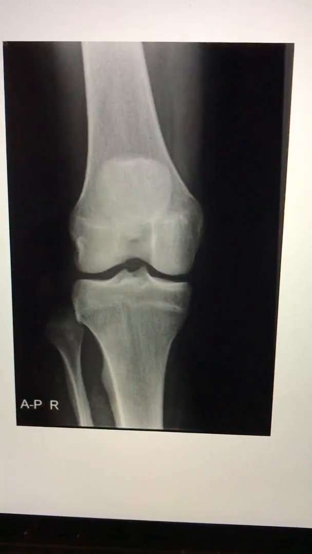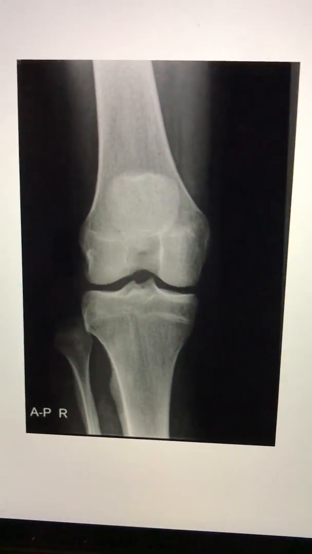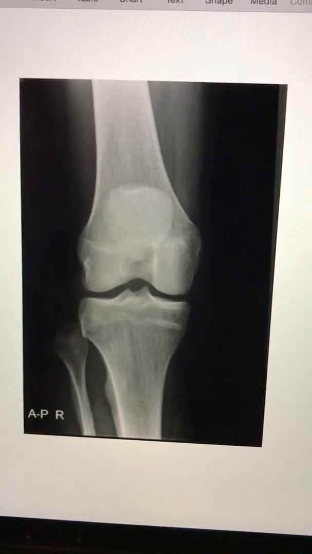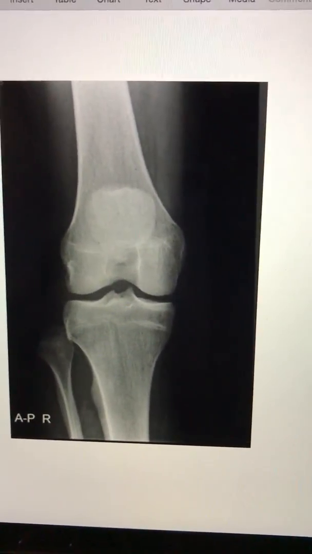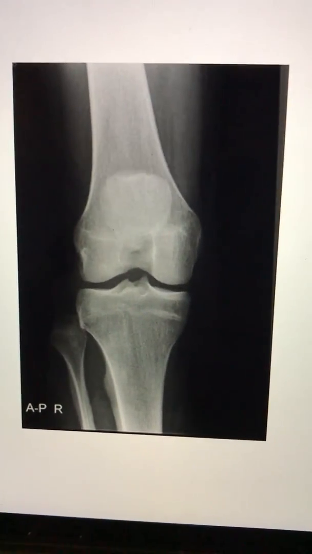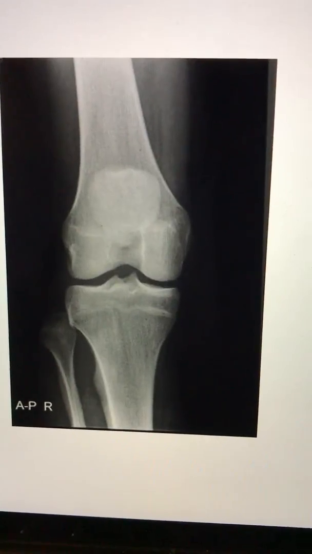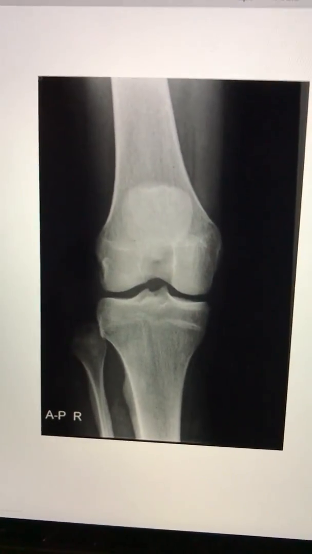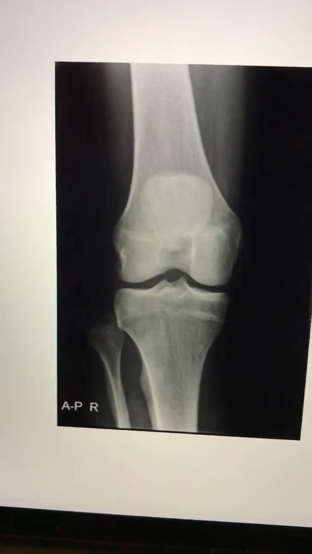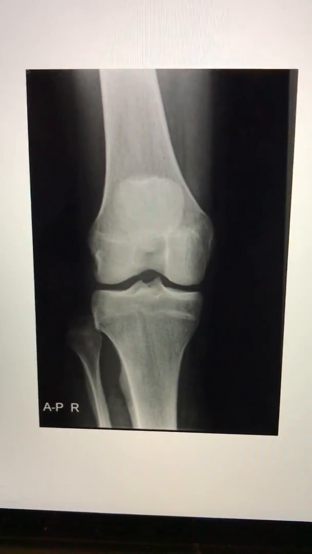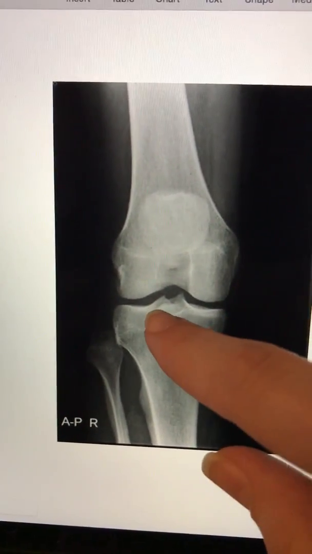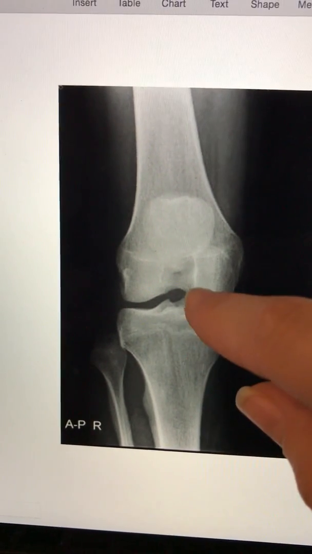If their distance from their ASIS to tabletop is between 19 and 24 centimeters, so like a mid-sized person, then you do perpendicular. And if they have a rather large pelvis, so the distance from their ASIS to tabletop is greater than 25 centimeters, then you're going to want to do a 3 to 5 degree cephalic angle. And that's going to open up this joint space here so that you can see this intercondylar